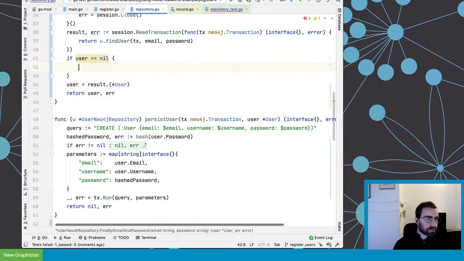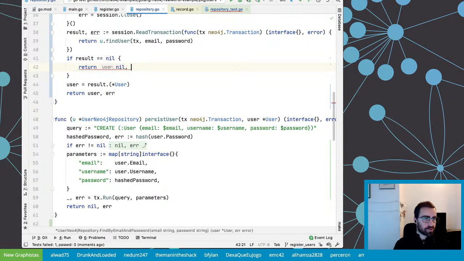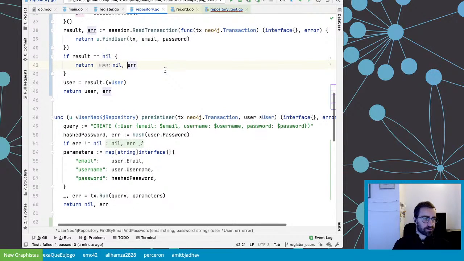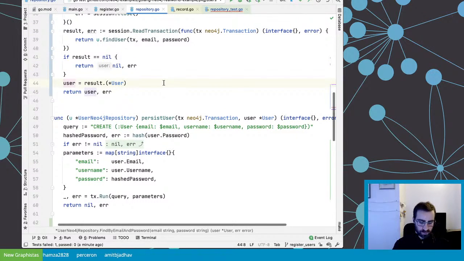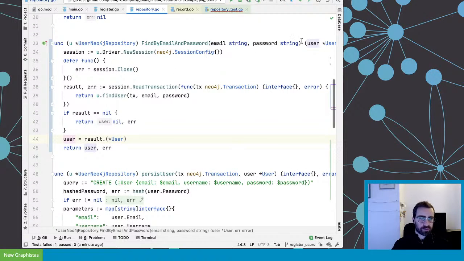So if the user is nil, I don't know why it's not happy. Oh yeah, because it's result. Thank you, Golang. If the result is nil, I just return nil. Yeah, it should probably be, or maybe error, because we never know. It might be nil because there's been an error before. So let's be safe and return the error. Otherwise, we can probably, oh no, yeah, I'm using named parameters, so I have to assign user before doing that.